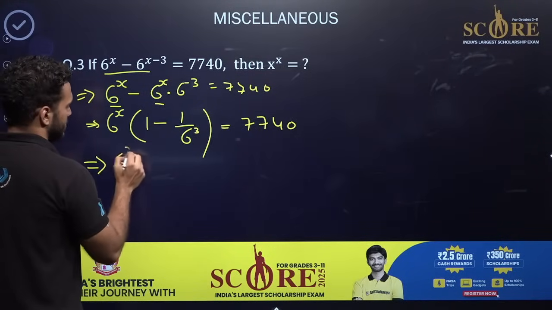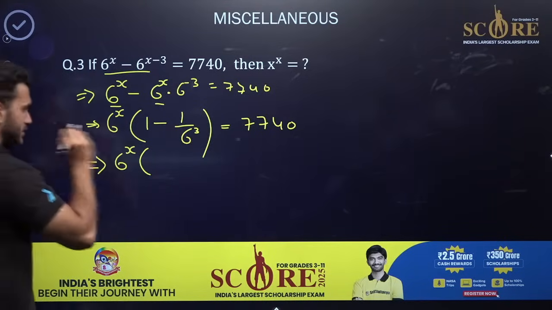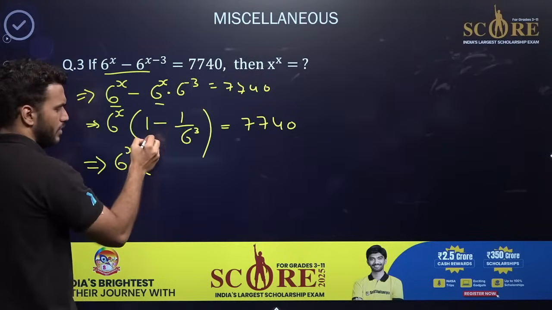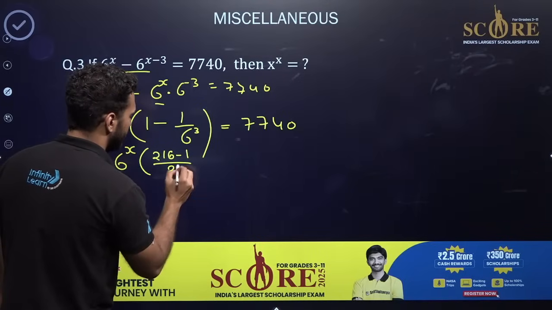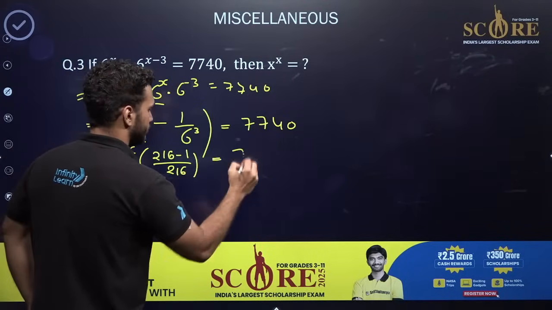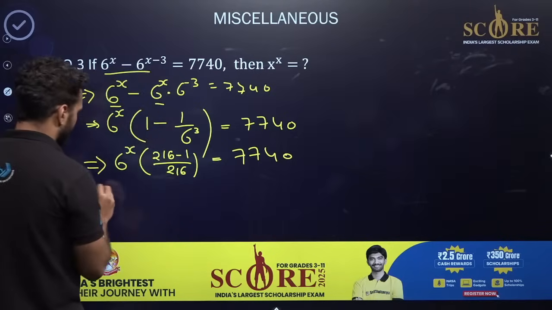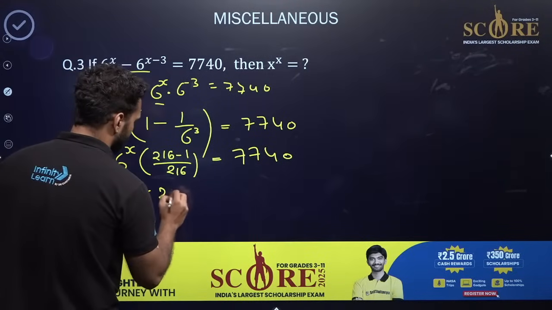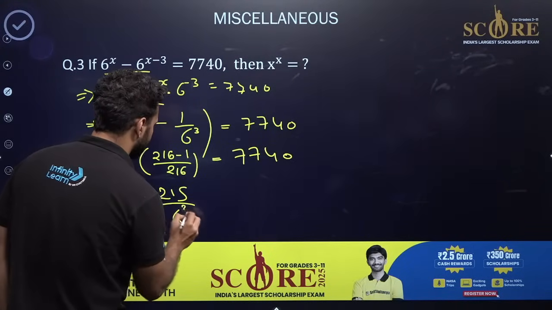Sir, 6 to the power 3 is 216, yeah, and I will multiply this by 216 upon 216. What will I get? 216 minus 1 divided by 216 is equal to 7740, sorry. Now into 215 divided by 216 can be written as this. Okay,